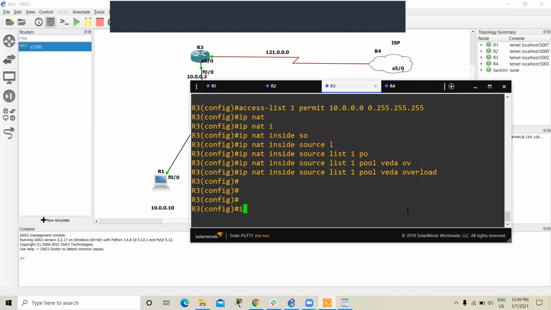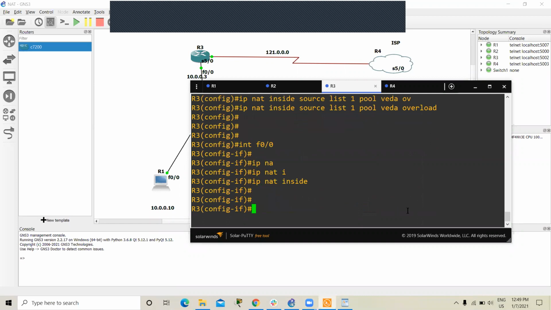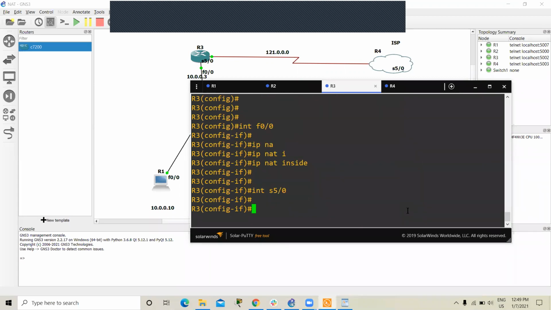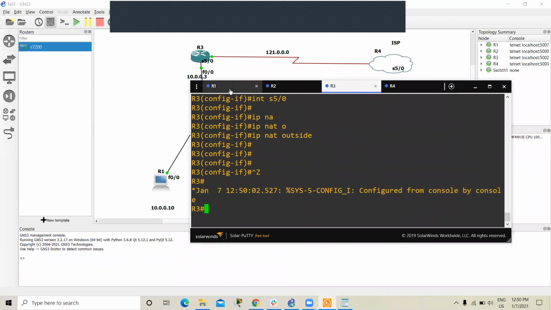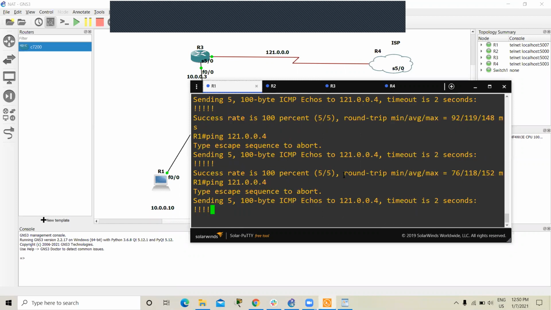Now I configure interface F0/0 ip nat inside, and S5/0 ip nat outside. Now I ping from router 1.